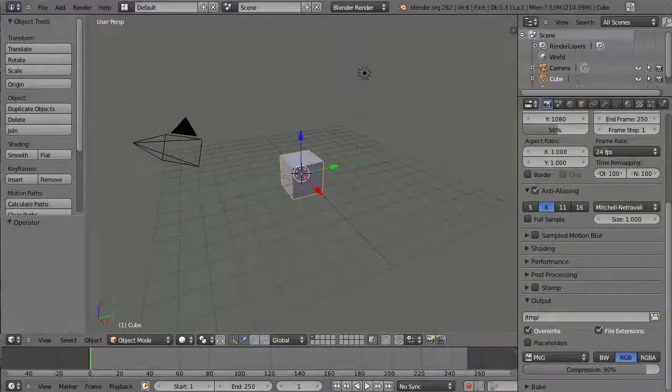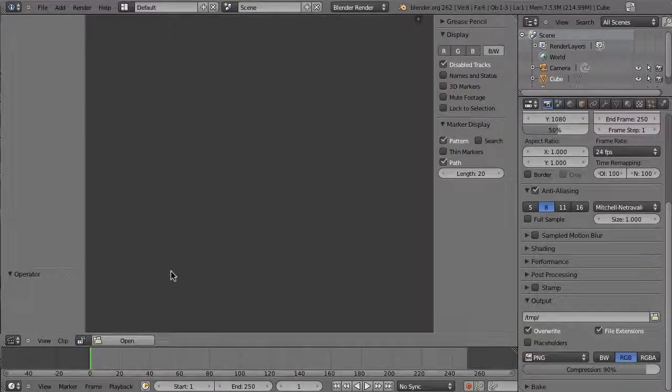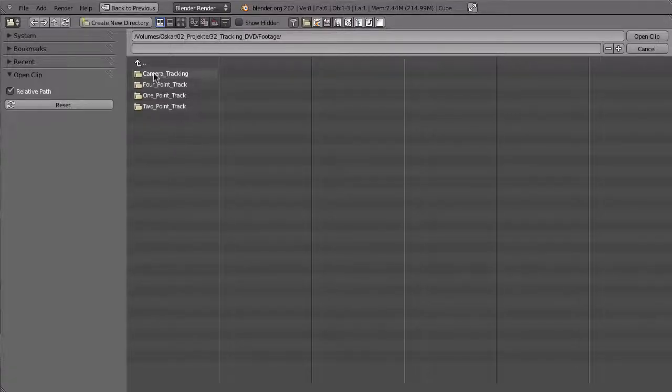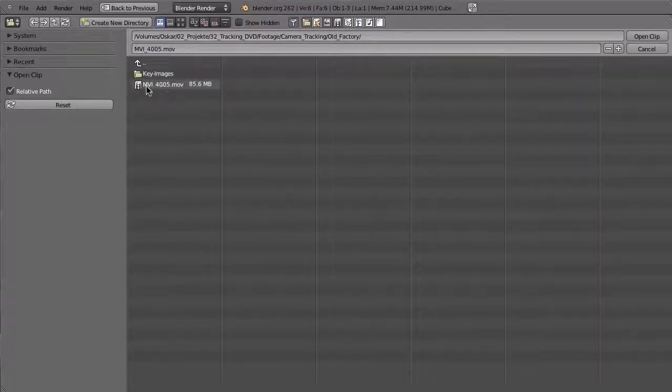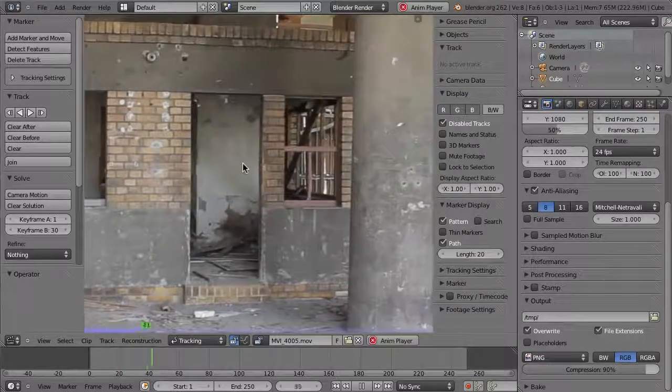Alright, so in this chapter we will extend the solution from these two images to a whole sequence. So first of all, of course, we go to the movie clip editor and then open up the whole clip. So go to the folder with the footage, camera tracking, old factory, and then load the whole sequence here in the movie clip. So open that and then just right away Alt-A to playback and to cache that into the